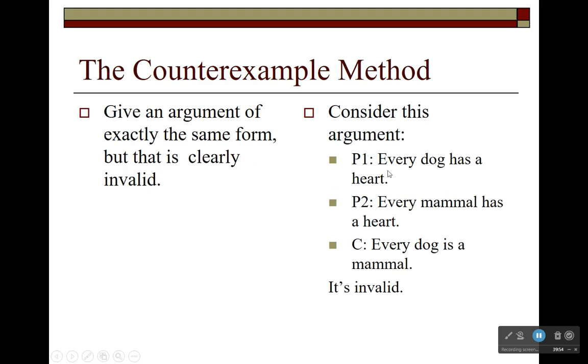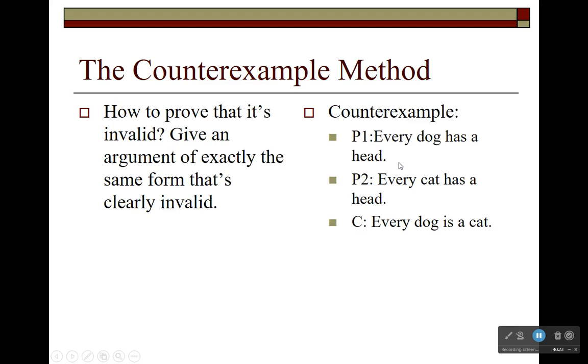And here again, in the case of the earlier argument, it may be hard for you to see that the argument is invalid because all the statements are true. But that's the value of the counterexample method. It teaches you to think in terms of the form of the argument rather than the content. Content is important when we're trying to determine whether the argument is sound. But the content, the factual claims in the argument, we put those to the side when we're just trying to determine whether the reasoning is logically correct reasoning.